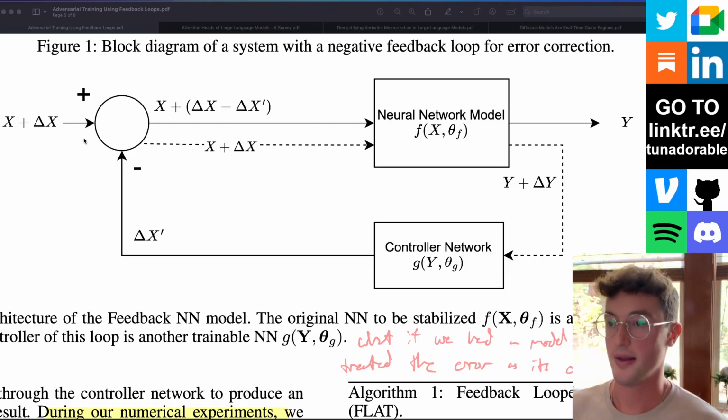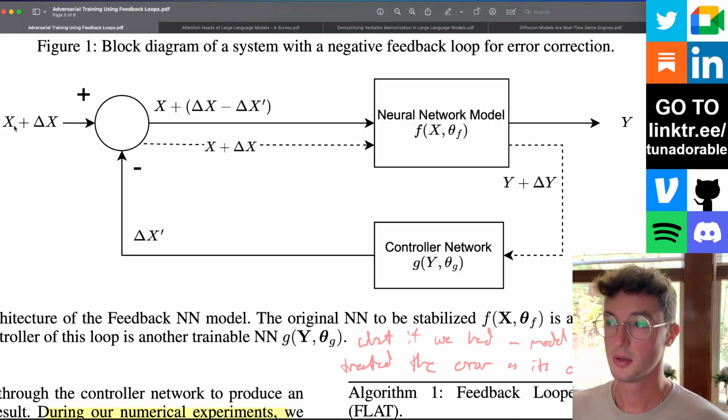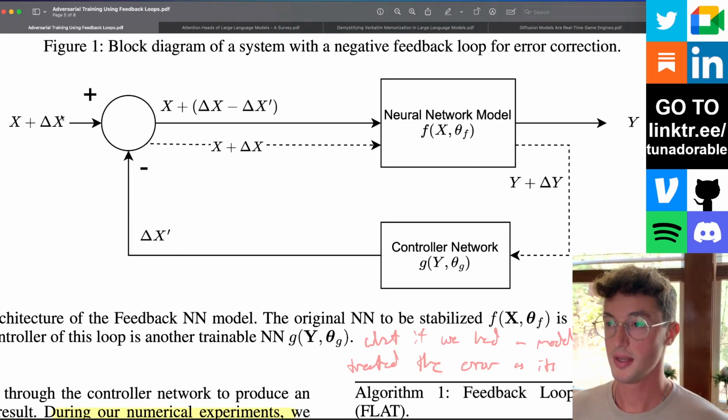Now let's take a look at an actual diagram of this to help display what's happening. As we said earlier, we have our initial input that is then perturbed, the delta x. When you feed that through the model, we're going through the dash line, follow the dash line. The actual primary model outputs for us the desired output plus the effect of the perturbation, delta y.